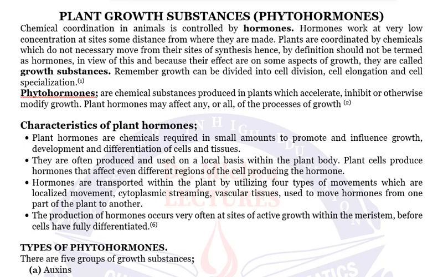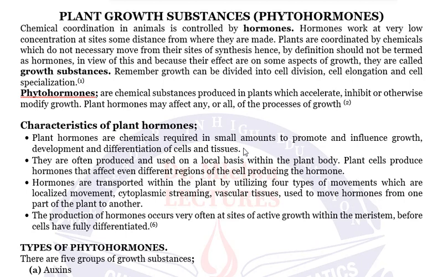However, some of the hormones such as abscisic acid work antagonistically to the working mechanism of other hormones such as auxins. So if we compare the working of auxins and abscisic acid, abscisic acid tends to promote abscission, but we will discuss it in detail later.